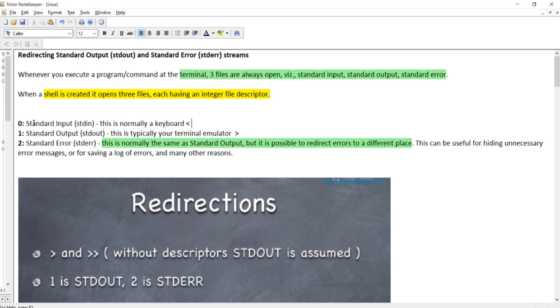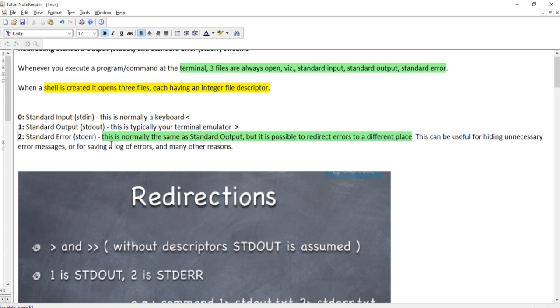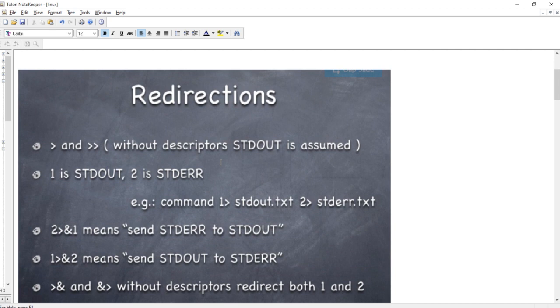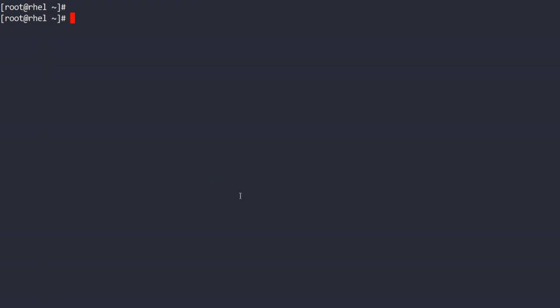We can also denote the three streams by an integer file descriptor: 0 means standard input, 1 means standard output, and 2 means standard error. I will follow these notes throughout our class. Okay, let us go to the screen.